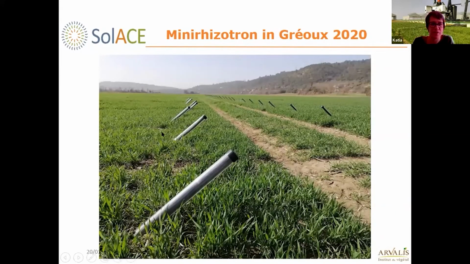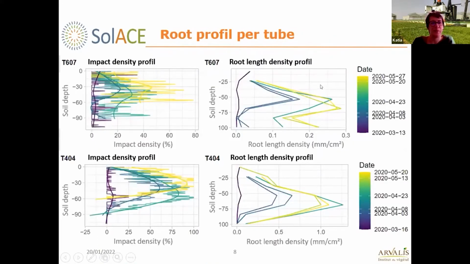So this is the picture of GREU in 2020 with a transparent tube in the soil. And this is the data for each tube. I present only two here, but we had one tube per plot for each variety and each condition. So we measure the impact density profile,